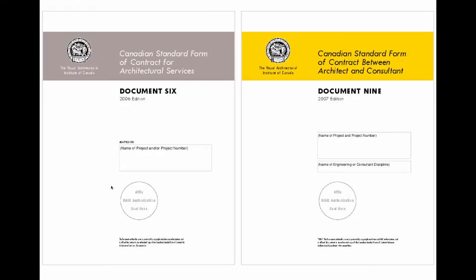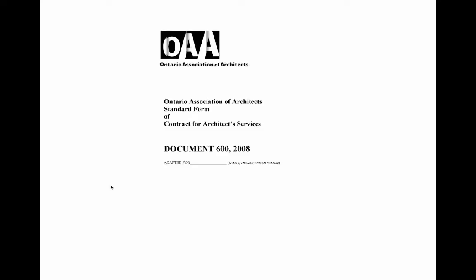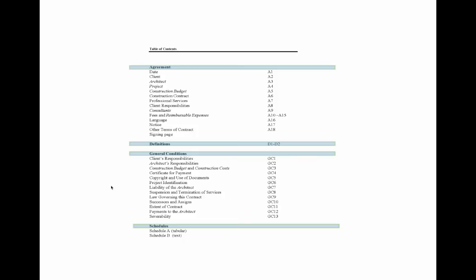These are the three documents that we use. There's document 6, document 9 that we sign with our consultants, so they have to care, because our contract supersedes their contract. There's a document 600 by the OEA. I'm not going to go into it, but I thought I would show you some of the